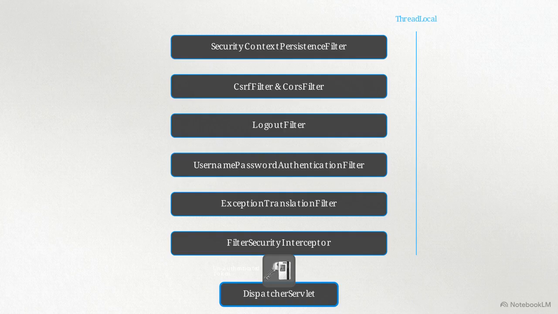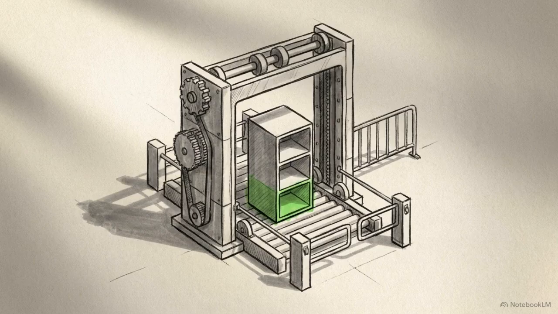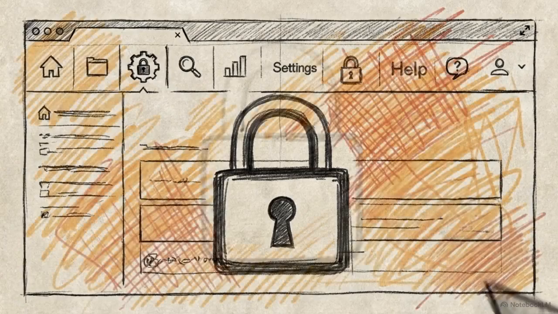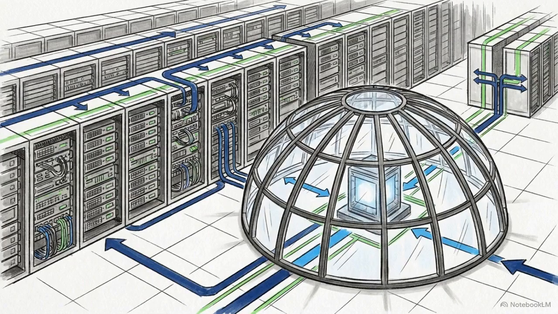Finally, the packet hits the 6th layer, the filter security interceptor, the ultimate authorization gate immediately before the dispatcher servlet. This gate reads the now authenticated token out of the thread context. It evaluates requested URL mapping metadata constraints against explicit authorities granted to that token. If the roles do not perfectly align, it throws an immediate exception and blocks the request from advancing. By enforcing this rigid chronological sequence, the framework ensures every HTTP request is rigorously sanitized, credentialed, and authorized before it